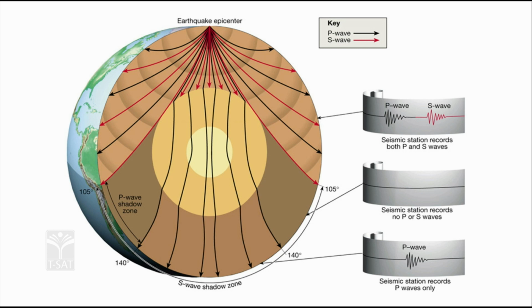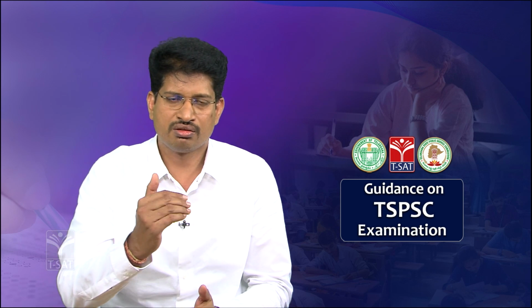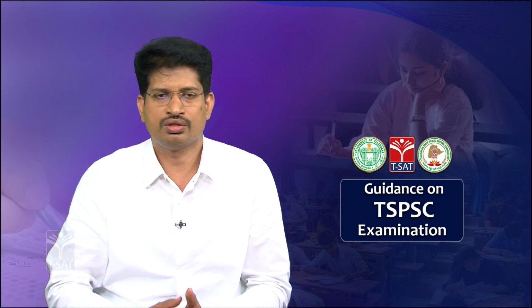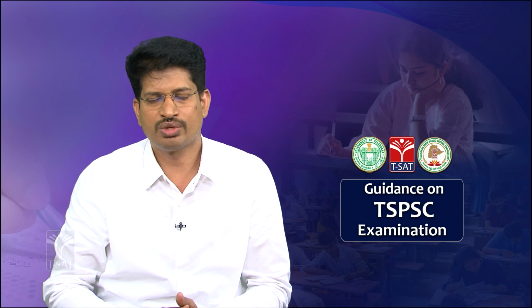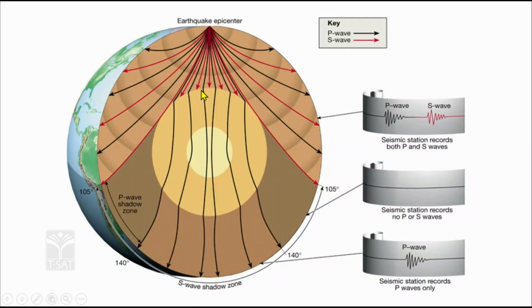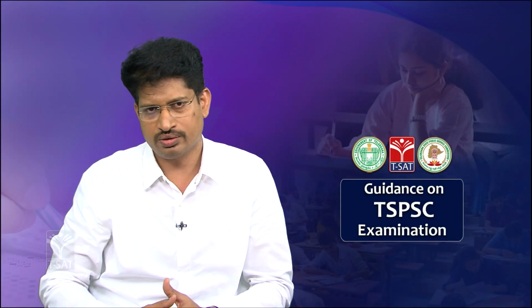But because of the change in the density of the layers of the earth's interior, these waves are refracted, because of which you are able to observe certain bendings of the waves when they have changed the discontinuous layer. Here the changing layer is the Mohorovicic discontinuity, or in the case of the core it is the Gutenberg discontinuity between the mantle and the core. Because of the change in density, the waves are refracted. With this we are able to conclude that the crust is solid, the mantle is solid, the outer core is liquid, the inner core is solid.